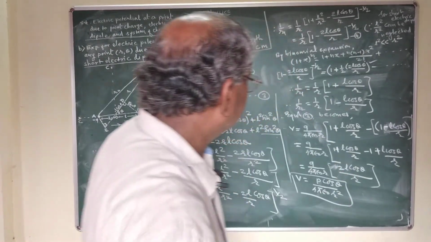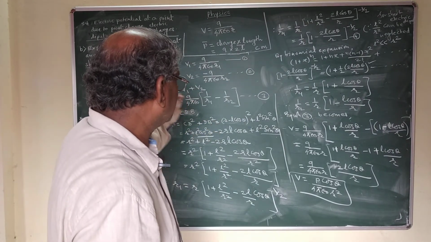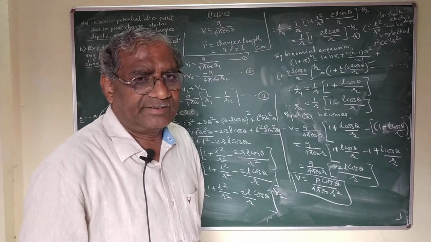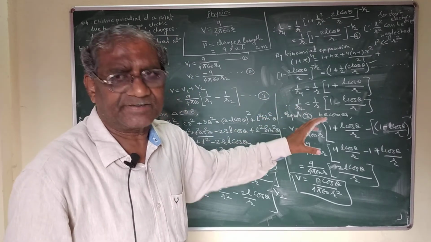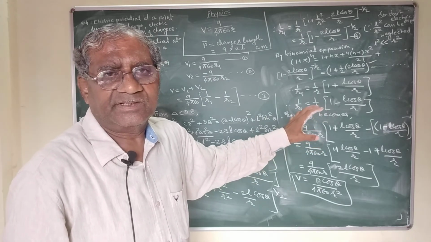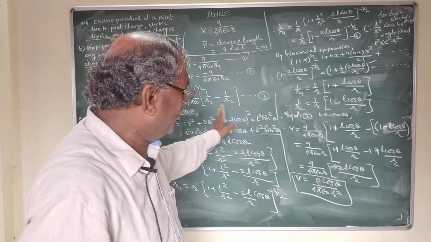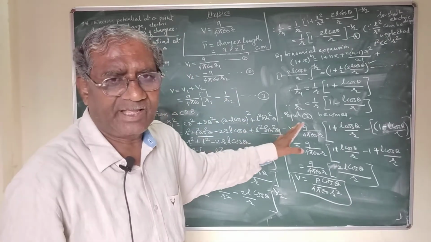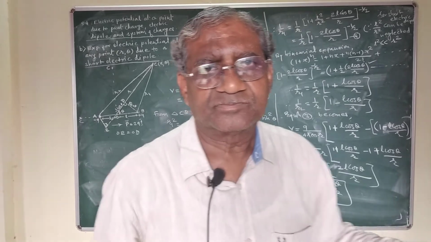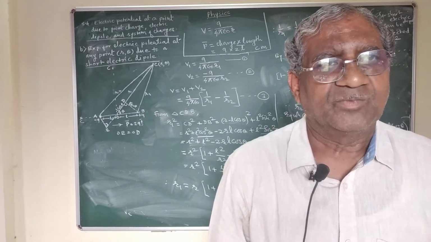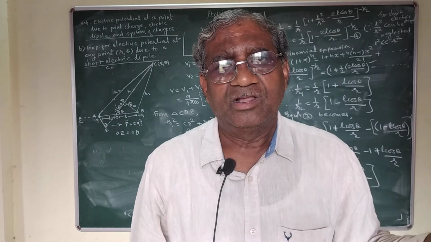So in this way, this is the mathematical part, and mathematically we can obtain this expression for electric potential in this way. Out of these two methods, whichever you find easy, both are methods. If you have not understood this, we will take it again, because this expression is very important from the point of view of the exam, so you should be careful about this article.